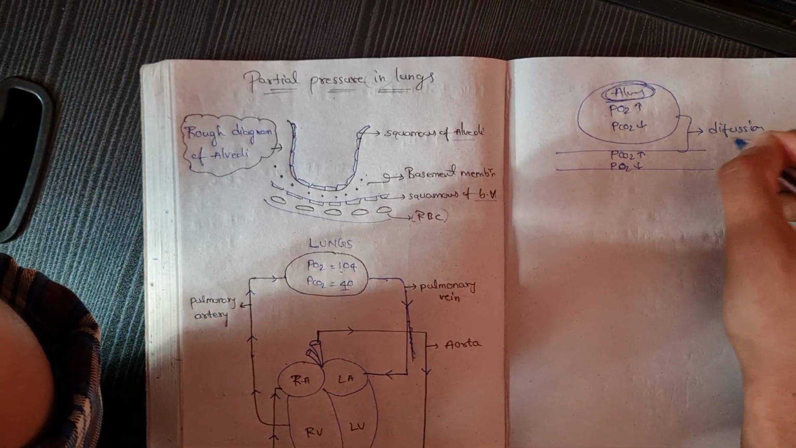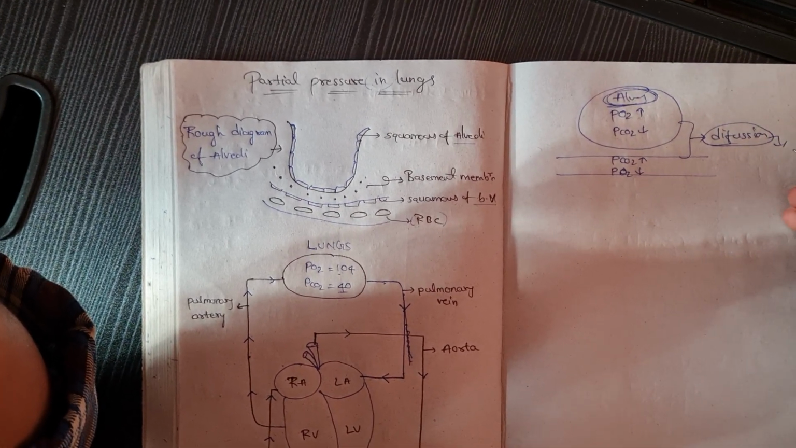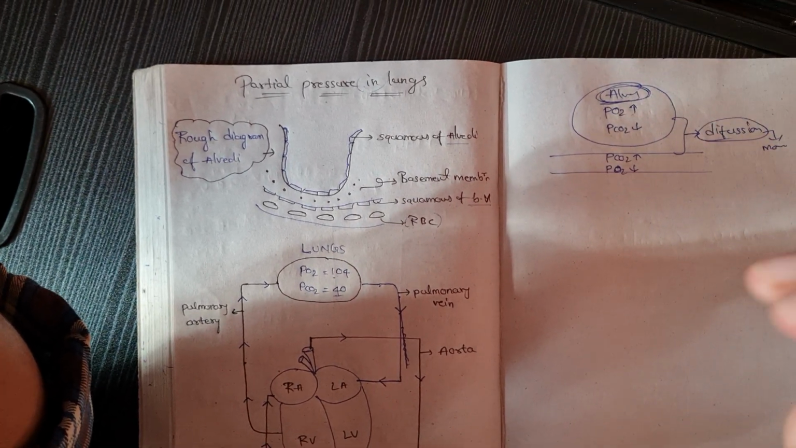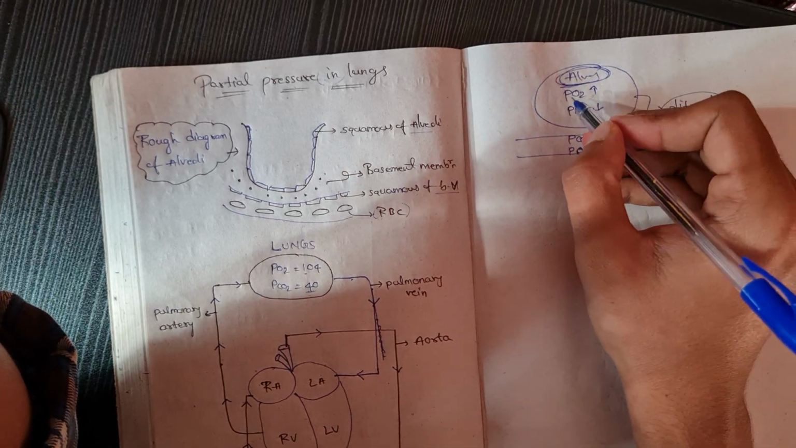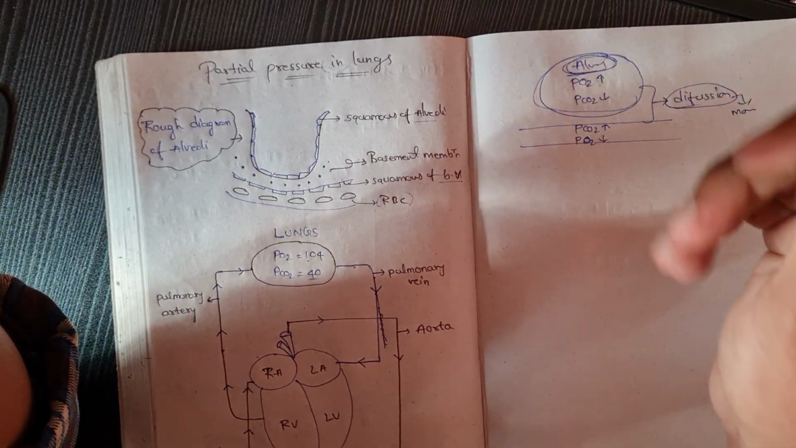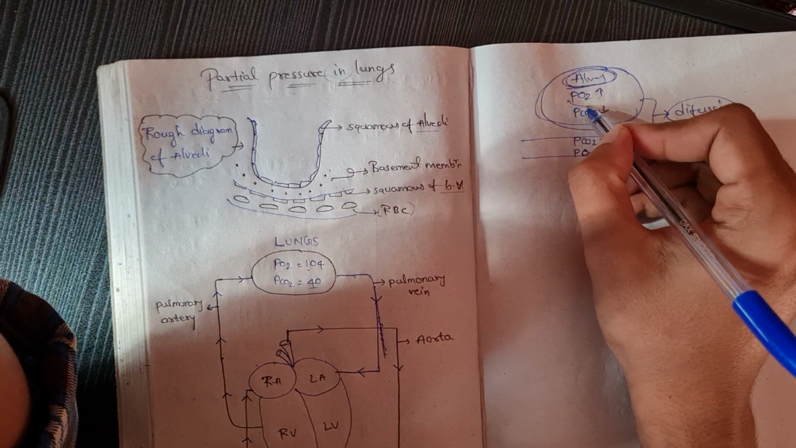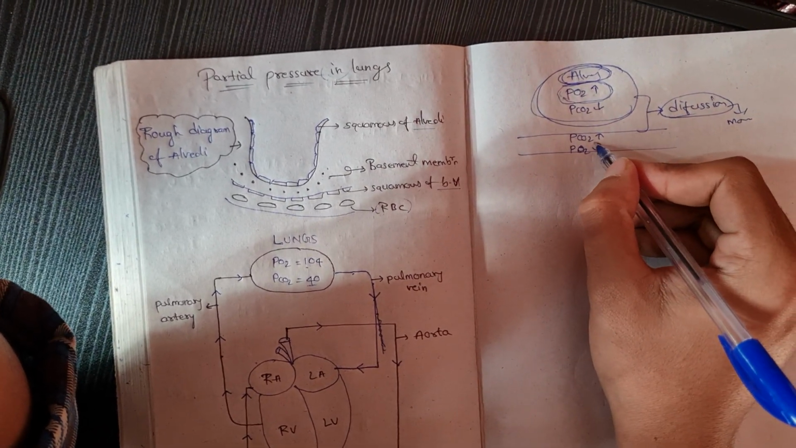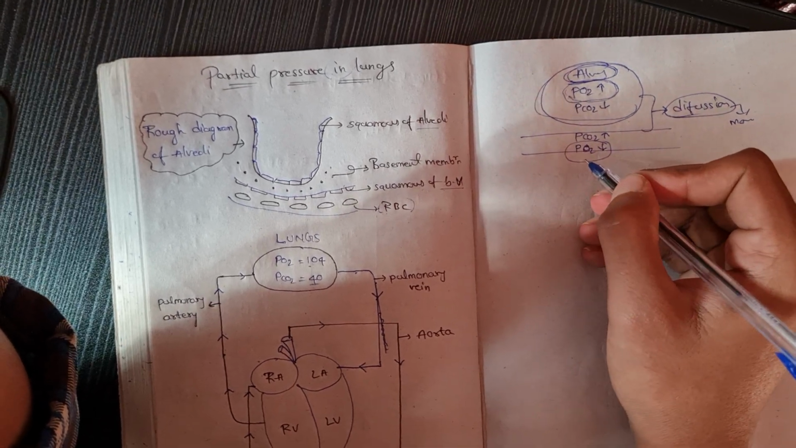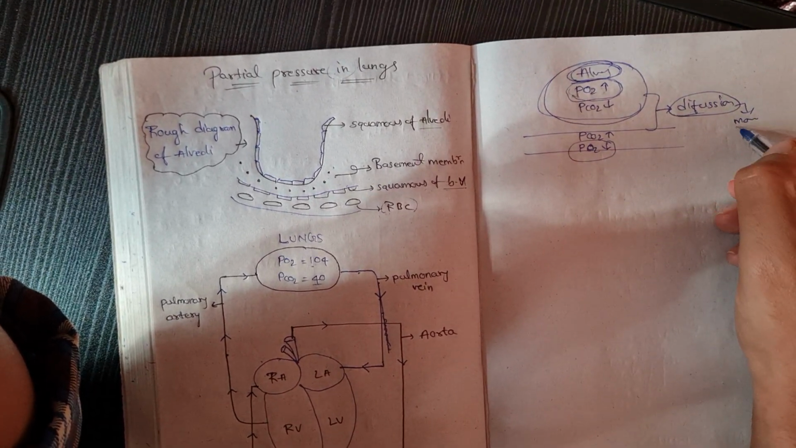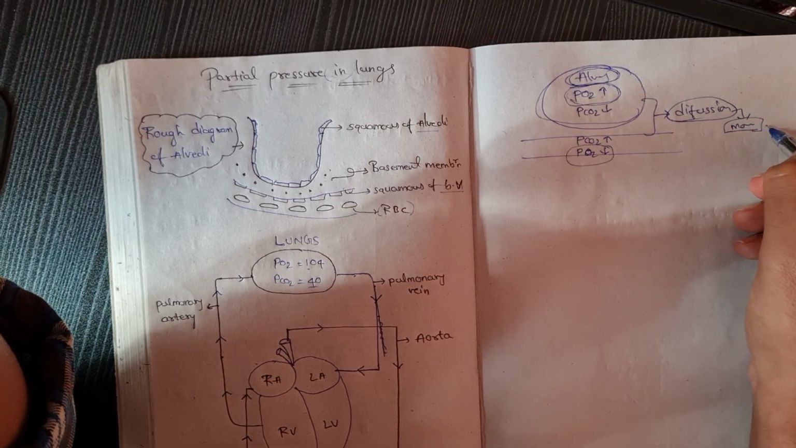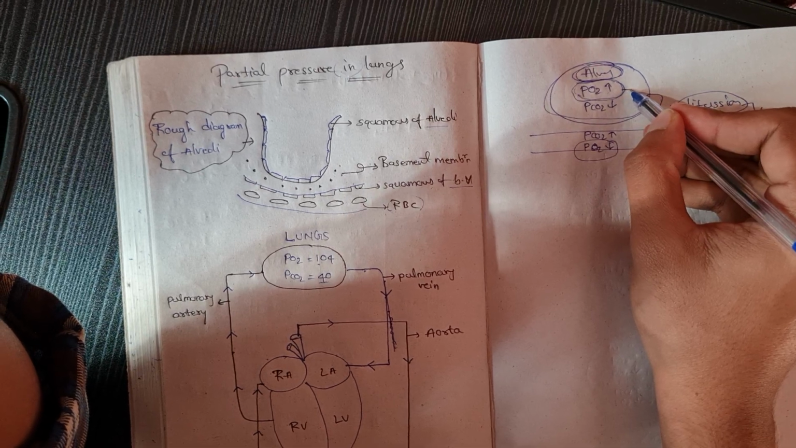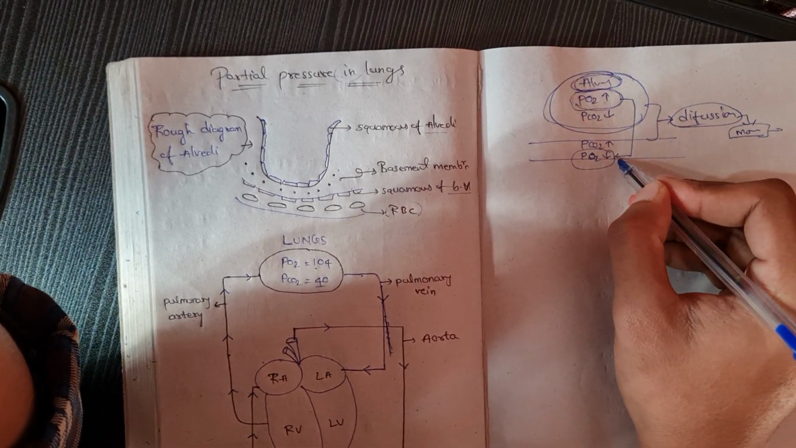What will be the diffusion? What is the meaning of diffusion? The movement of substances from high concentration to low concentration. See here, in alveoli, what is the high concentration? The partial pressure of O2 is highly concentrated. And in the blood vessel of alveoli, the partial pressure of O2 is less. So, what is a diffusion? The movement of substances from high concentration to low concentration. This is the high concentration in the alveoli, and this is the low concentration in the blood vessel